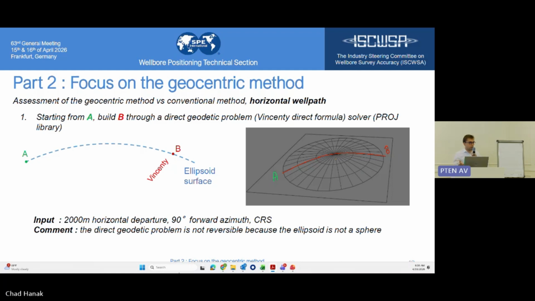Let's assess this method with a scenario that I built. Basically, in this scenario, we will imagine that we have a path from A to B that is following exactly the curvature of the Earth. So it's a horizontal well path. We could say it's not so well bored because it's fully horizontal. So it's theoretical. We start from A, and we will build a source of truth, which is the point B,